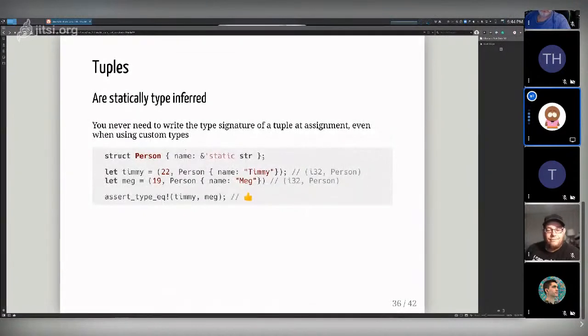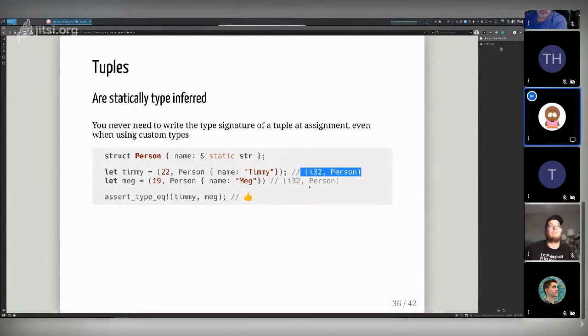Cool. So we kind of went over this. Tuples are statically type inferred. You should never need to write the type signature of a tuple at assignment, even when using custom types. For instance, here we have a struct Person, it has a name. If I describe these two people, say I want to capture their age in addition to their name, sure, why not? I can do that without actually having to describe the type of the new type that we're describing here. It'll figure it out for us.